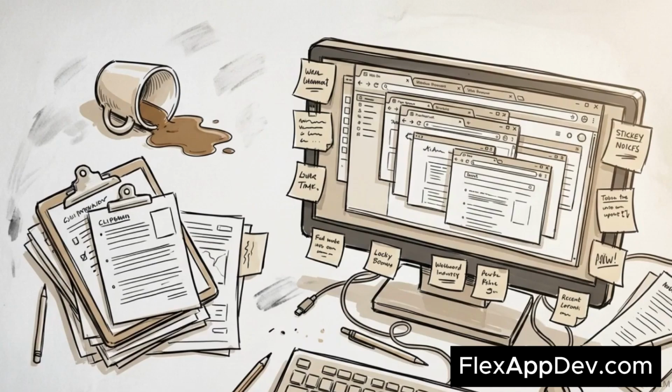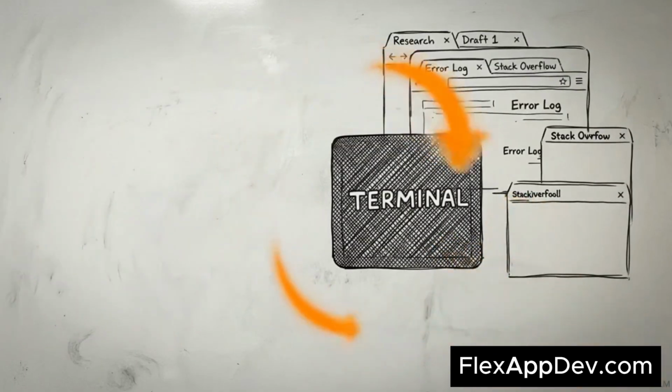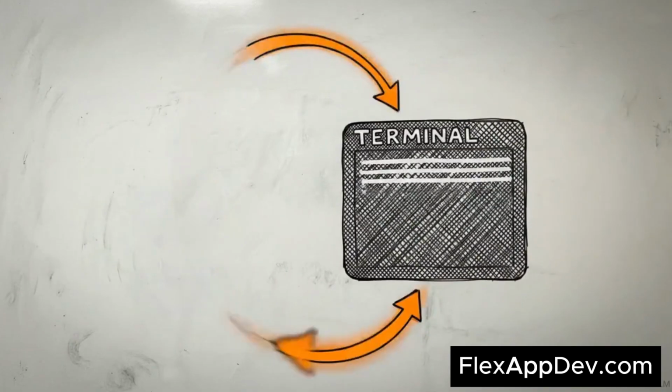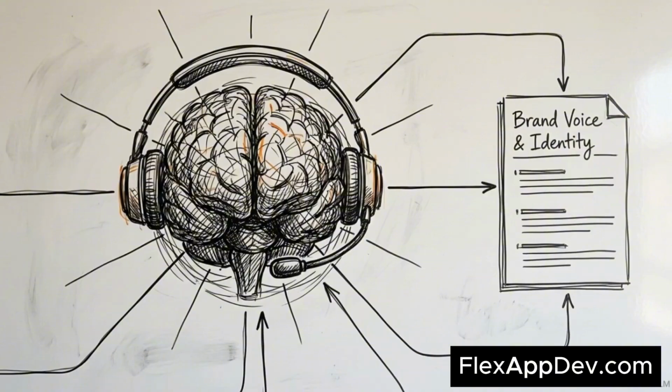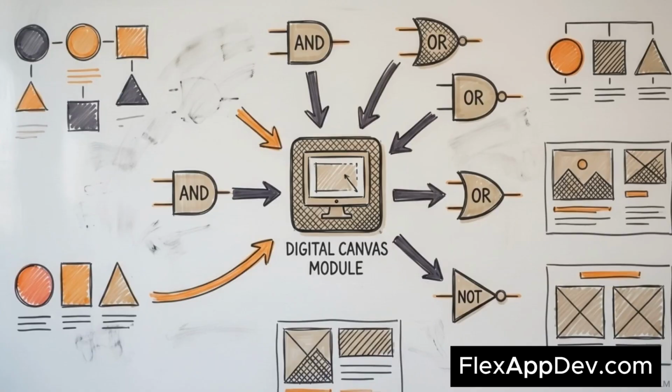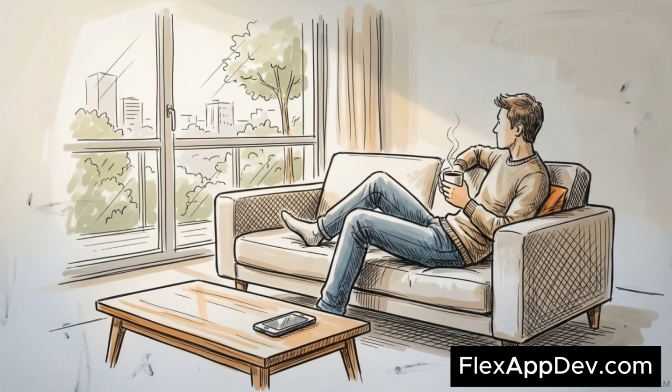Managing social media normally means juggling scattered documents, shifting between browser tabs, and manually copying and pasting text for hours. We are going to build a system that organizes those fragmented tasks into a single autonomous AI agent that runs entirely on your local machine. By the end of this process, you will have a local AI that understands your specific brand voice. It will draft copy, design accompanying visuals, and publish the final assets directly to your social feeds without you ever